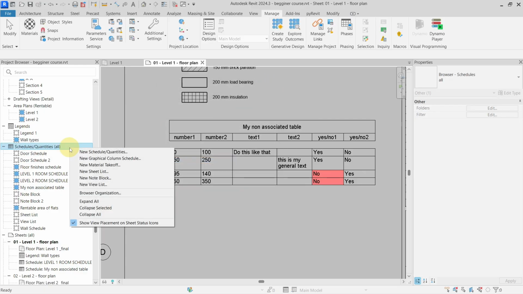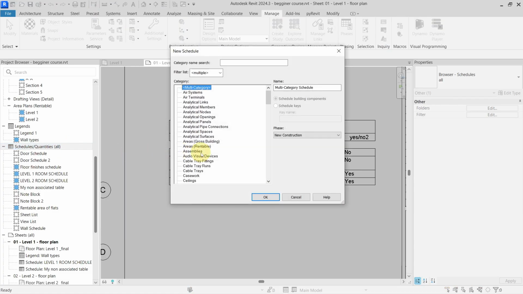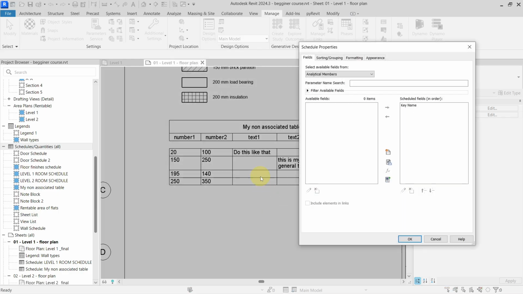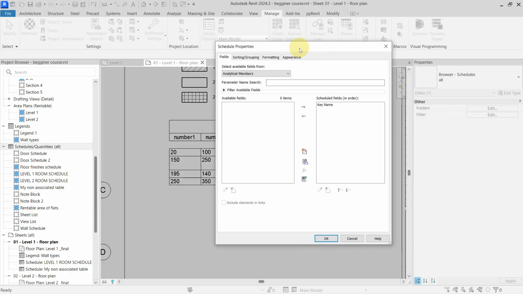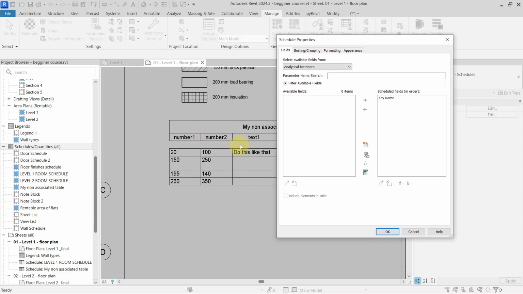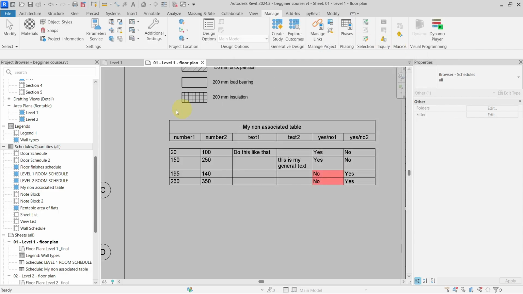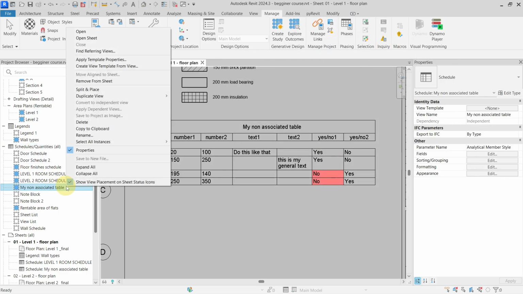Next, I will need to create a key schedule. So I will go with my new schedule quantities. I will go to my analytic members and create a schedule for the keys. Hit OK. And now you can see I cannot actually select these parameters because I have already used them in my key schedule in here. But if I will go and delete this key schedule